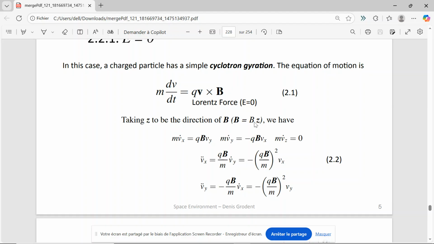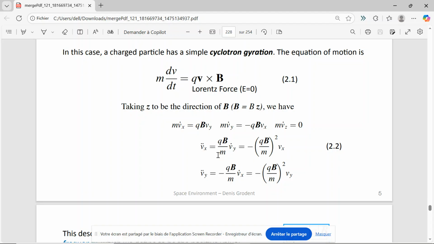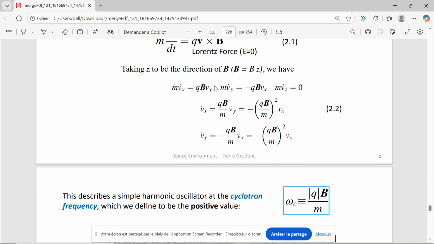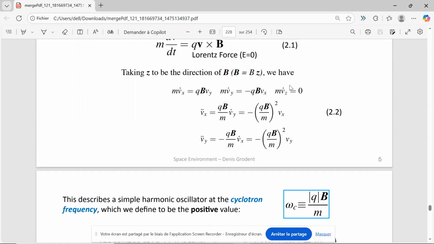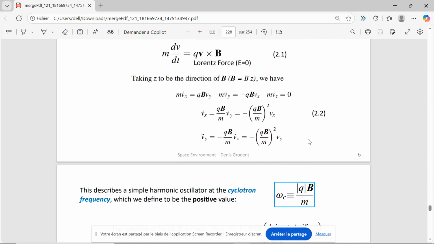We assume that the magnetic field is in the z direction for the sake of simplification for the moment. So this is a cross product, and we project it onto the three directions. It is interesting what we got right here: the variation of velocity in the y and x directions. This is a simple harmonic oscillator at the cyclotron frequency, which we define as a positive value. We don't have any motion in the z direction,